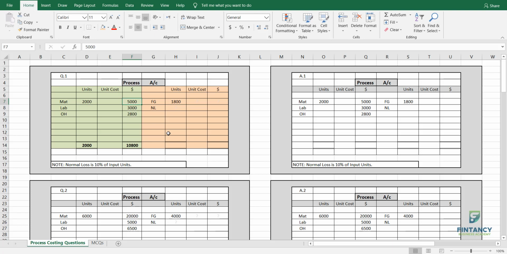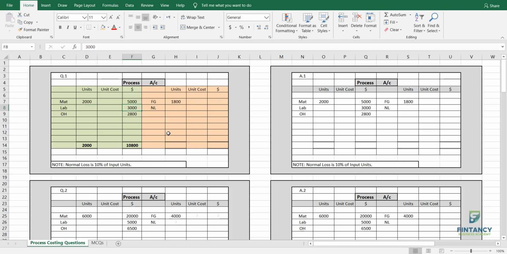So in this question, how much is the cost of material? It is 5,000, right? So you know very well that to convert material into finished good, we need 2 things, which are labor and overheads, right? Labor and overhead in totality, they are also called conversion cost. So examiner, instead of telling you that labor is this much and overhead is this much, can also tell you conversion cost is this much. So you need to remember this point.